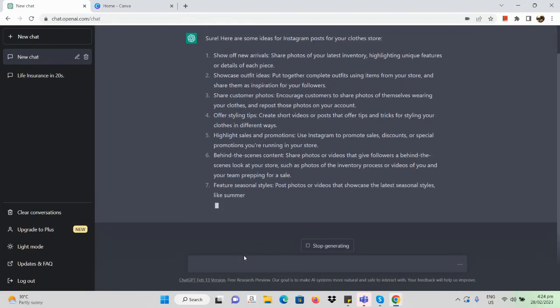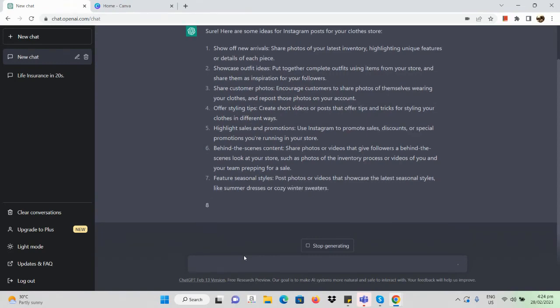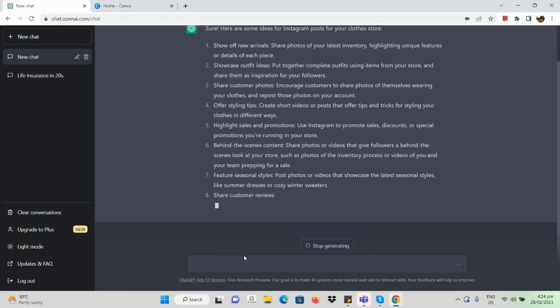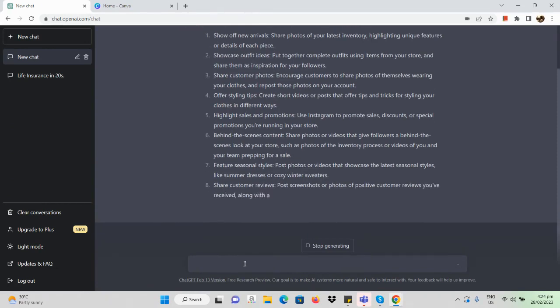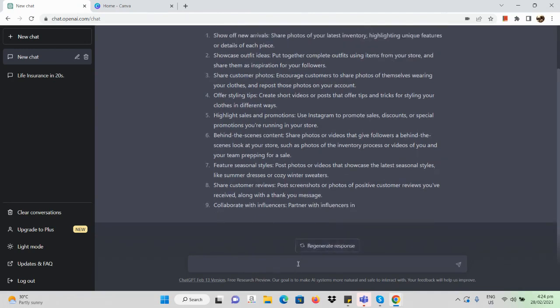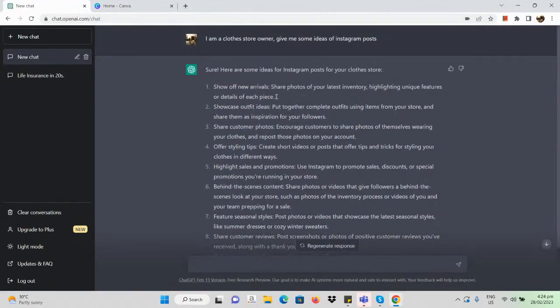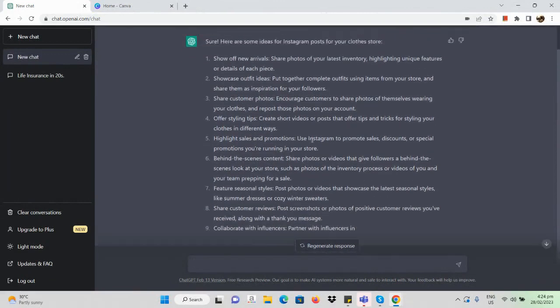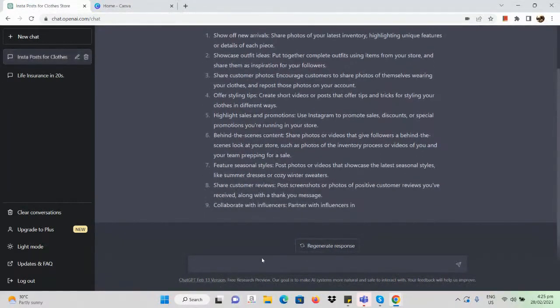But in making a carousel post, we still don't have any idea what we are going to post or what slides we're going to show on Instagram. So what we're going to do is let's just wait for it to finish. Right. Since it's showing a lot, let's just stop generating it. And here, since we have a lot of ideas, as you can see in here, we can say